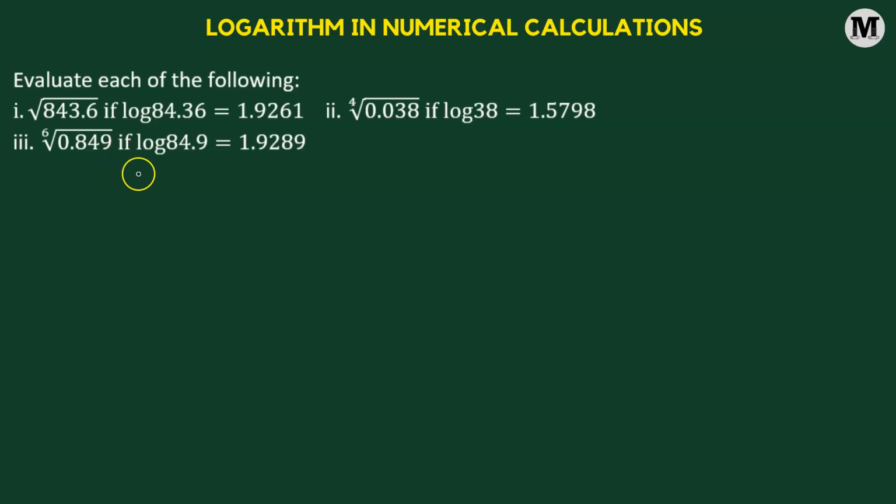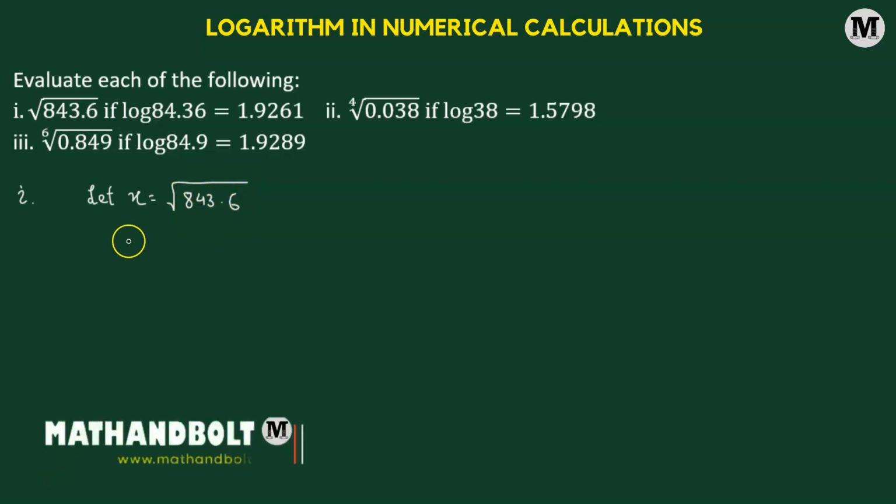We need to evaluate each of the following. Beginning with the first one, we need to find out the value of the square root of 843.6, and it's given that log of 84.36 equals 1.9261. Okay, first we will assume that x equals the square root of